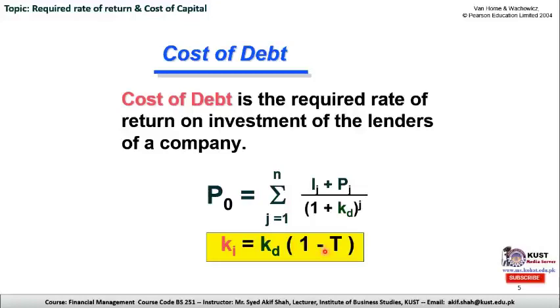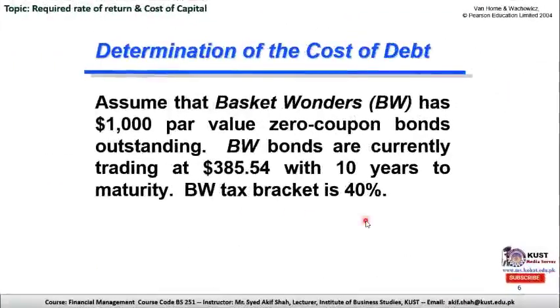So therefore the tax shield benefit the company has realized should be subtracted from the total cost of the debt instrument, in order to come up with the exact amount of the cost of debt. This will further be explained with the help of a numerical case. So let's take an example of Basket Wonder, which has